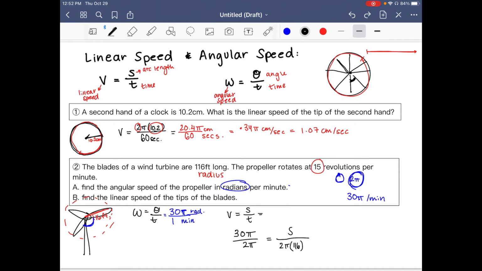So I'm going to spare all my calculations. When I multiply all of this together, I get that S equals 3,480 pi. So if I plug that into my equation, 3,480 pi, and the time frame it takes to go this whole time is per 1 minute. If I multiply out the pi, I get something like 1,933 feet per minute. Okay,